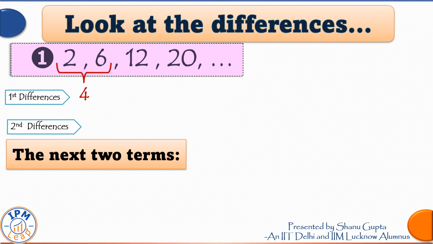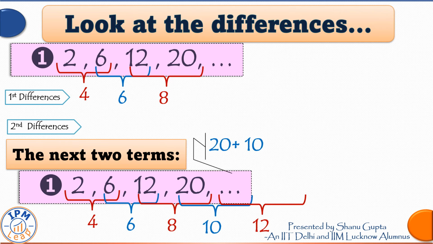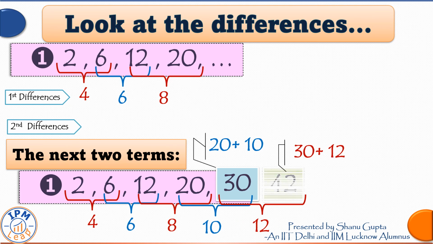6 minus 2 is 4. 12 minus 6 is 6. 20 minus 12 is 8. 4, 6, 8. The pattern is clear. The next two numbers will be 10 and 12. For arriving at the next two terms of the given sequence, all we have to do is add the next difference, which is 10, to the last term of the sequence, which is 20. 20 plus 10 is 30. Similarly, because the next difference is 12, the next term of the sequence will be 30 plus 12, that is